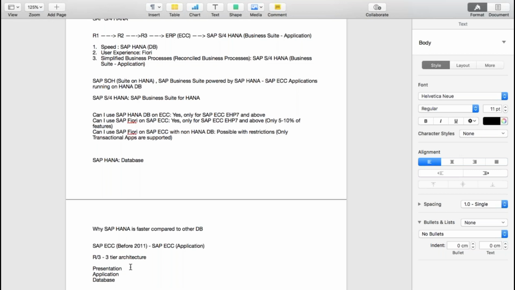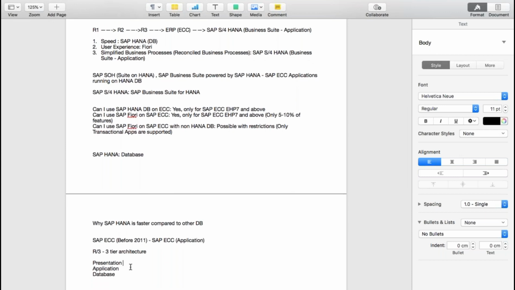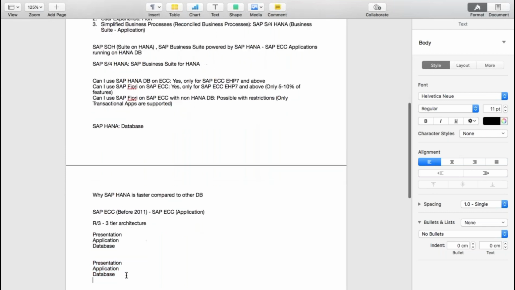Now if we talk about SAP terms, let's compare this with ECC and S4HANA. Can you tell me, in ECC, what was our presentation server, application server, and database? Presentation was obviously supporting only computers and laptops. It was not supporting tablets or mobile devices.